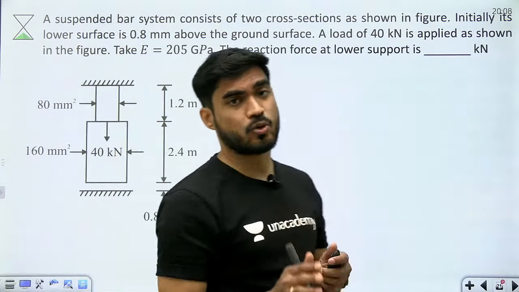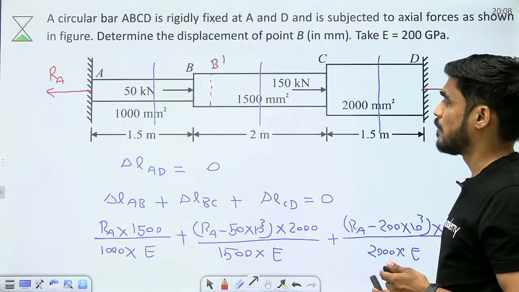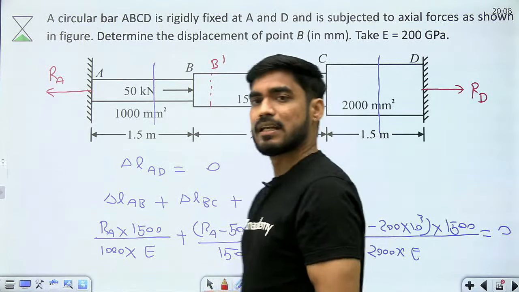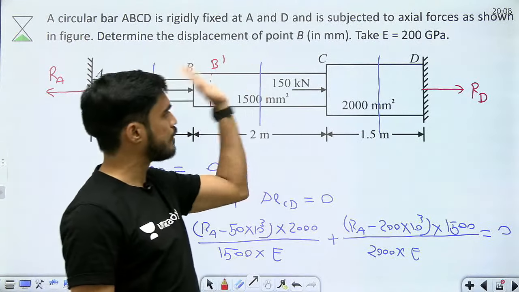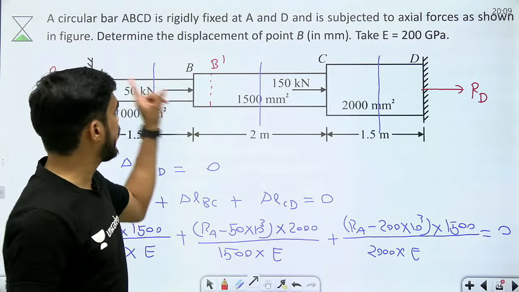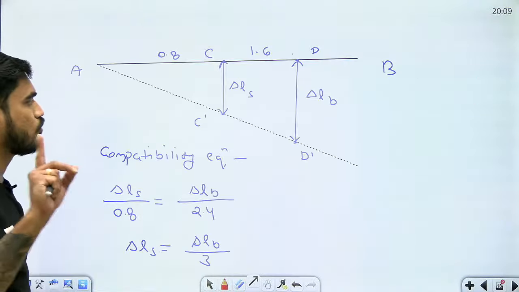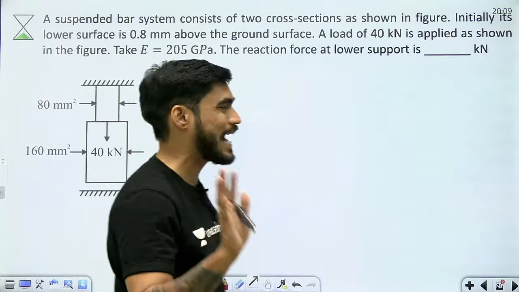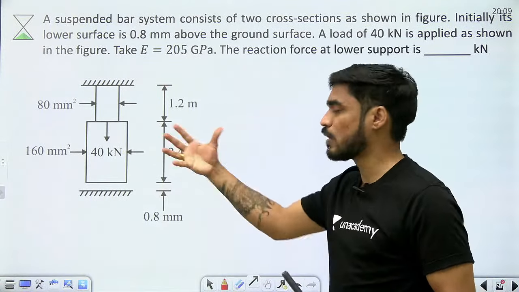In the last to last problem, यानी कि इस टाइप के प्रॉब्लम में the bar was fixed at both the ends. So the change in length was 0 and you were getting reactions at both the ends, right? But here understand what is going to happen. Understand the mechanism here. यहाँ पहले तो questions को समझो, question में क्या हो रहा है वो समझो.